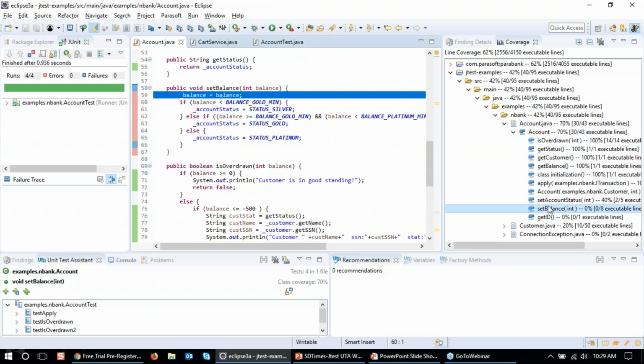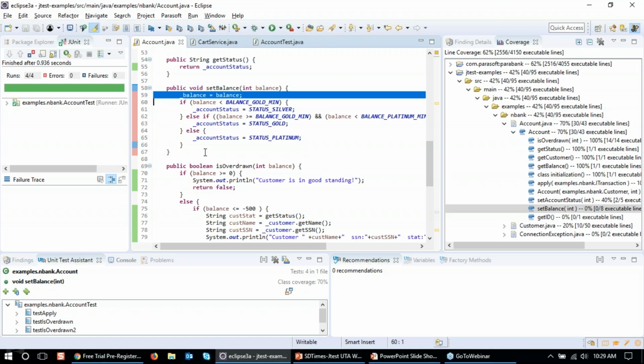We have a set balance function here with 0 coverage. Now, this one's around use cases. We have 3 use cases here that we want to cover. I can cover these by creating 3 separate unit tests. Maybe I can use parameterized tests. But again, that's going to take some manual effort trying to create and set up and figure out what that